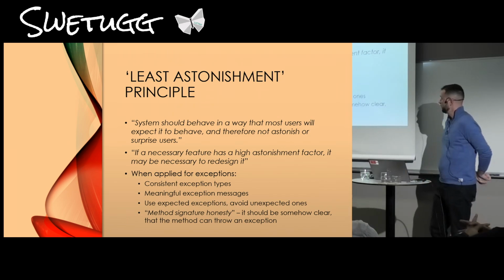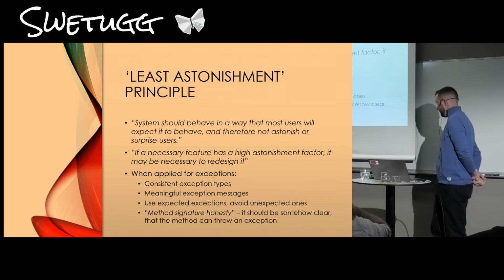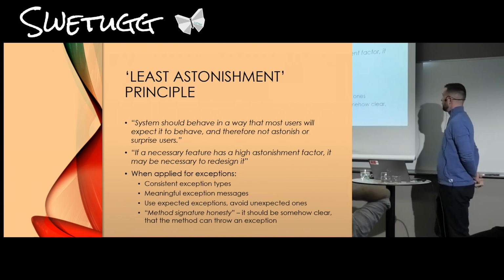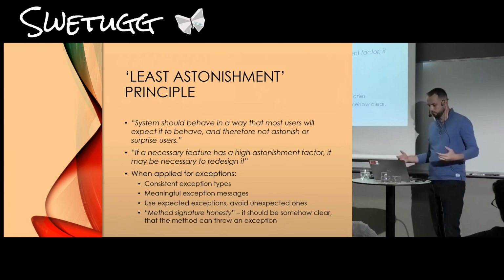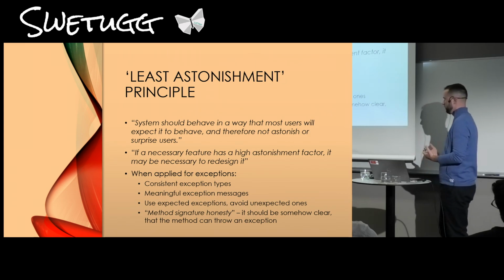Then this principle, it's called the least astonishment principle. It's basically about, let's say, discoverability, and also about transparency. So the system should behave in a way that most users will expect it to behave, and therefore not astonish or surprise users. So it means that if your method throws an exception, it should be, for example, obvious from the